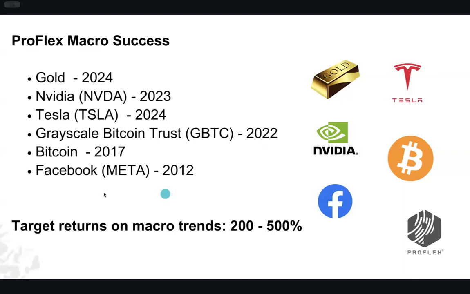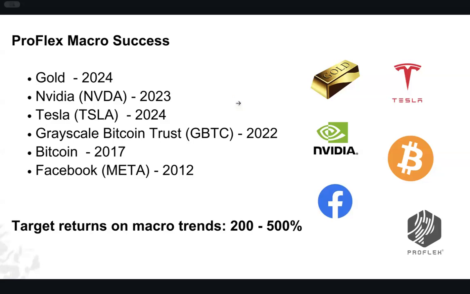Going back in history, there was Meta, which used to be called Facebook, FB ticker. We invested in it in 2012 at $20, and we reduced our break-even point using derivatives to $5. That was one of the biggest successes at that time. Within 2 years, we had almost 1,000% return, that is 10x the money. So these are the kind of things we are able to achieve using macro trends.